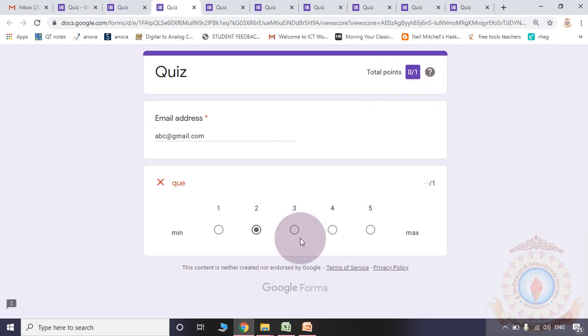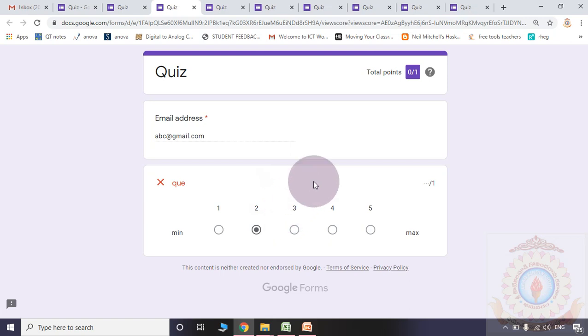Whenever you give the scale, generally this question is meant for collecting feedback from the participant, the level of satisfaction and appreciation they are supposed to give. So there is no rigid way of marking one answer as correct, another answer as correct, like that.